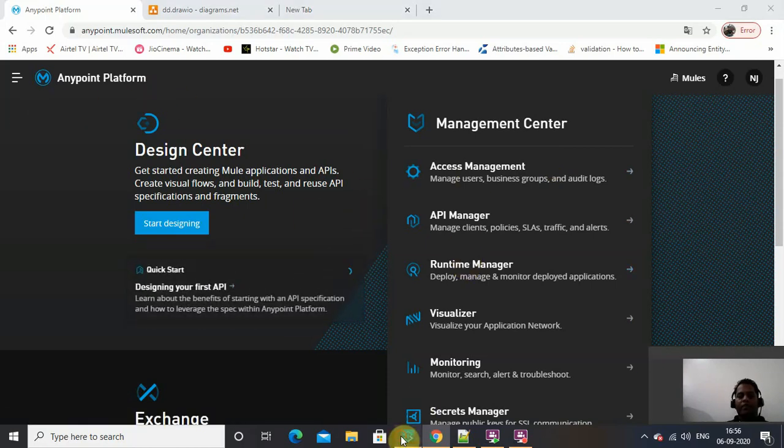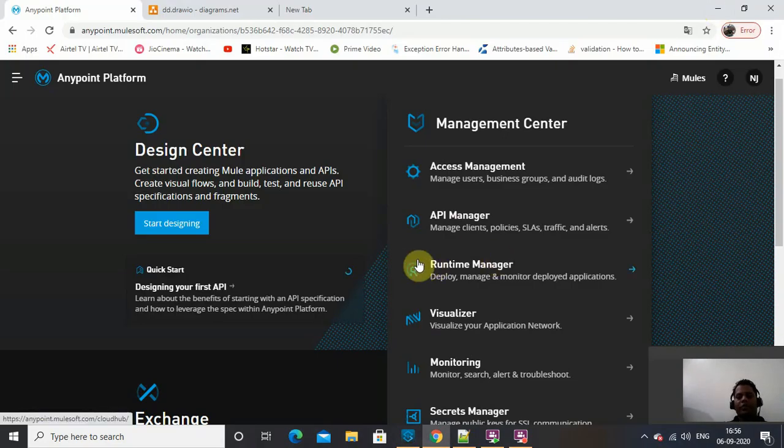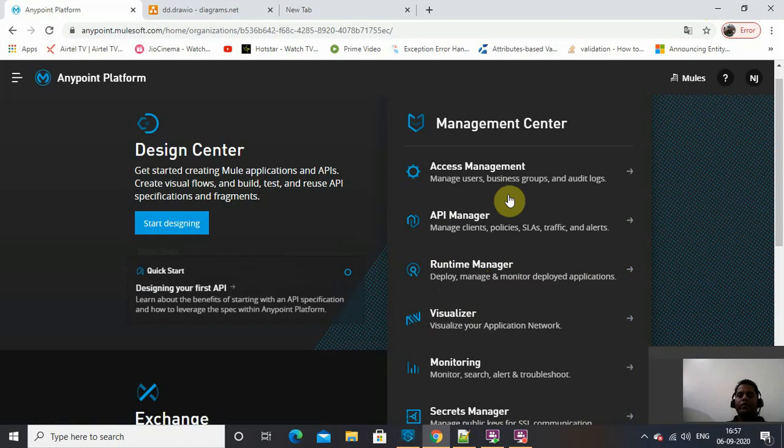If you create an application in MuleSoft Anypoint Studio, you can work on the development in Anypoint Studio, and deploy those applications on CloudHub here. Basically, this is Runtime Manager, a service where you can deploy, manage and monitor applications. You can deploy your application from Anypoint Studio, and also from here. So basically these are the CloudHub applications.